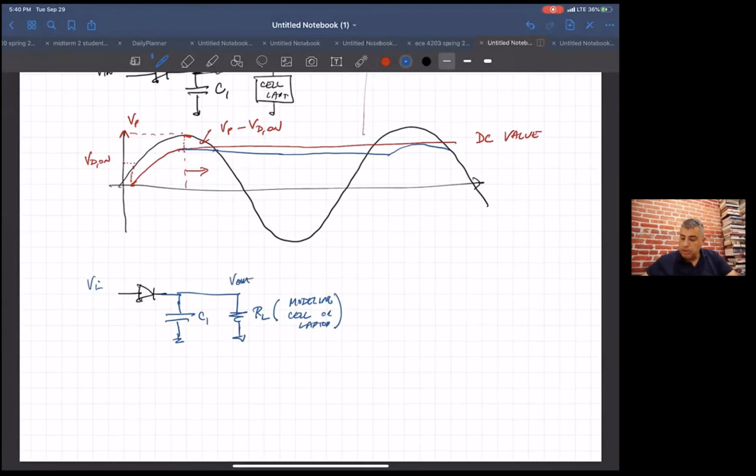Okay, and again, in reality, what your laptop is going to do is, if you look at it, this looks like a constant current pull from your device. But in reality, any kind of device is going to have, if you look at the current versus time, it's going to go up and down. Let's say your cell phone is